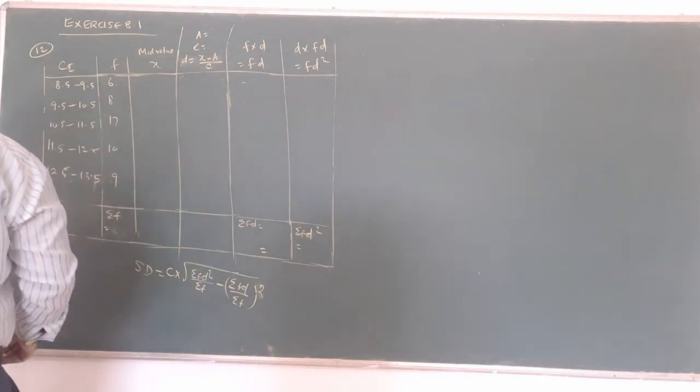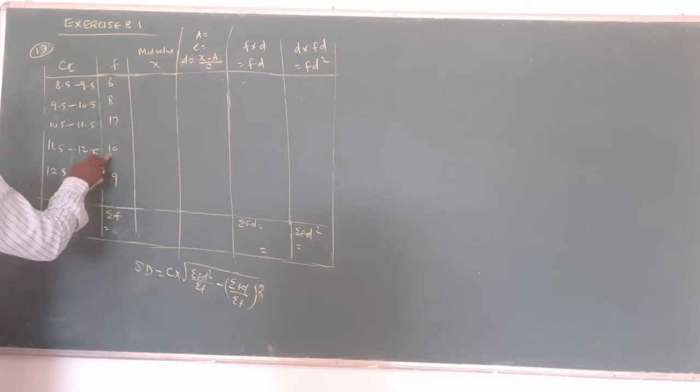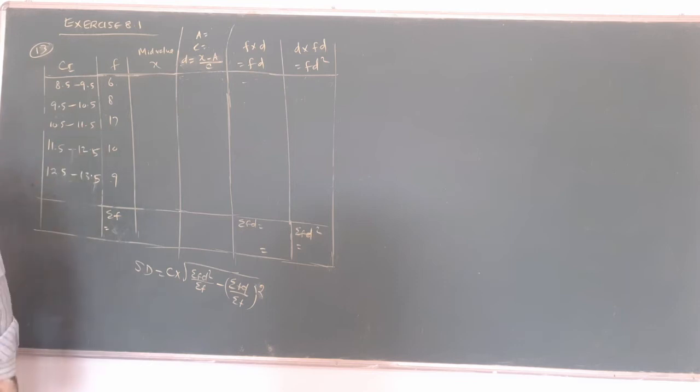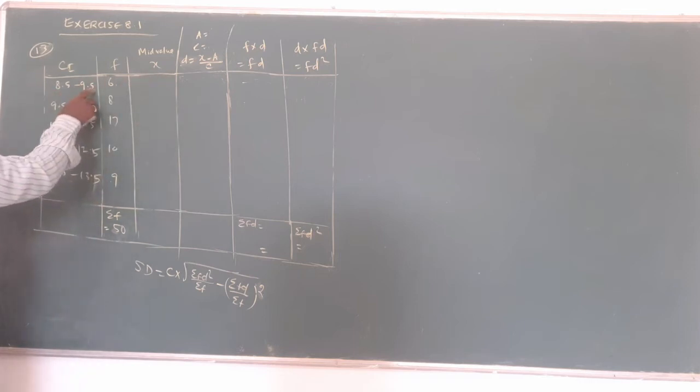The next question, 13th question. The class numbers are 8.5 to 9.5, 9.5 to 10.5, 10.5 to 11.5, 11.5 to 12.5, 12.5 to 13.5. This is the class number. The corresponding frequency is given. First add all the corresponding values: 19, 36, 50. Now we want to do, adding 0.5, 1, then 18, 18 by 2,